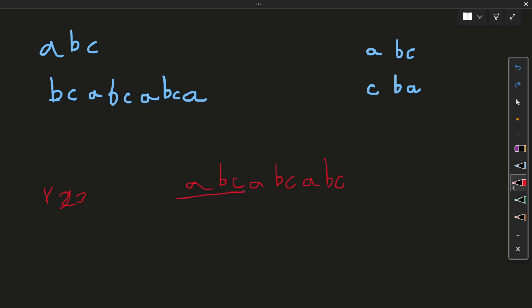Actually we have this ABC, it will match with this. Next we have ABC, ABC. Next we have ABC, ABC. But we don't have A. So still we cannot find S2 in our current string.